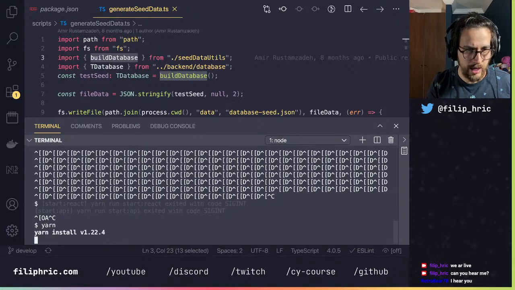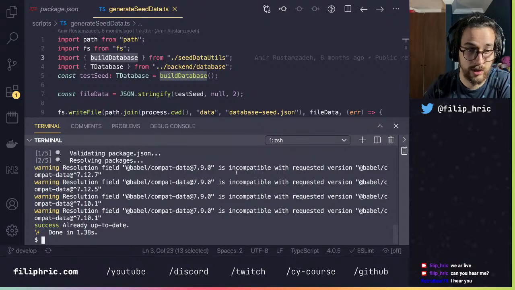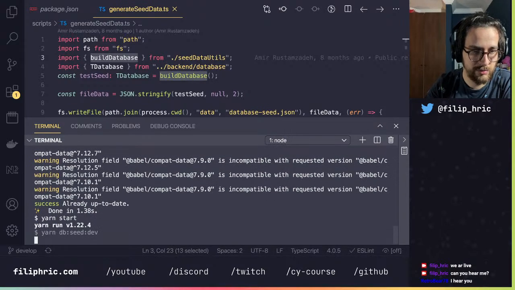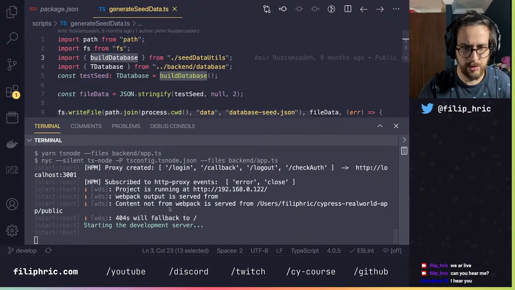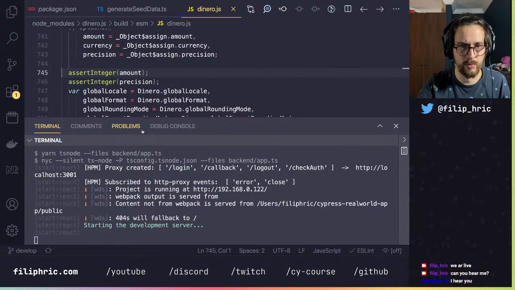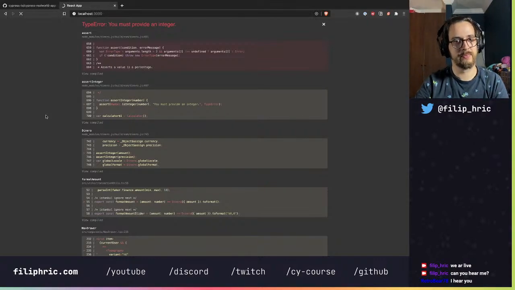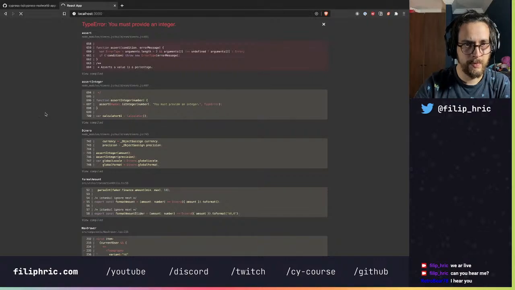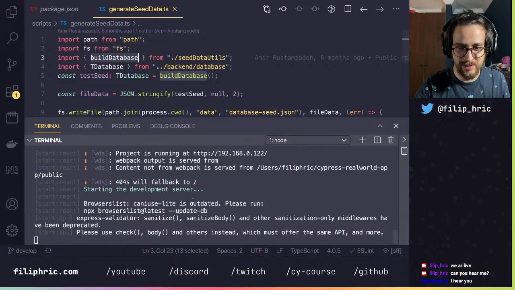I was playing with this, and I was switching here and there between different branches. So it may be that I have installed something, and now we have an incompatible something. Okay, so I ran this again. Let's see. What happened? Oh, I accidentally clicked on this. That doesn't seem to be working. I promise I tested this.